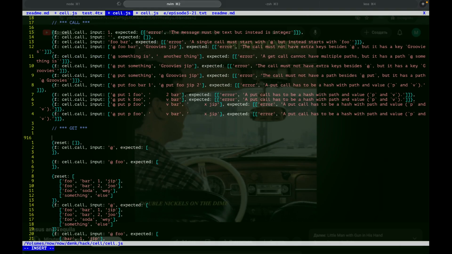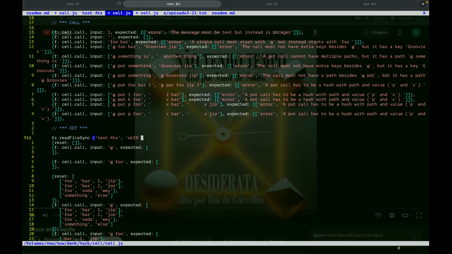I could add this here, right? Yeah, I need to read it as text, and then I need to do